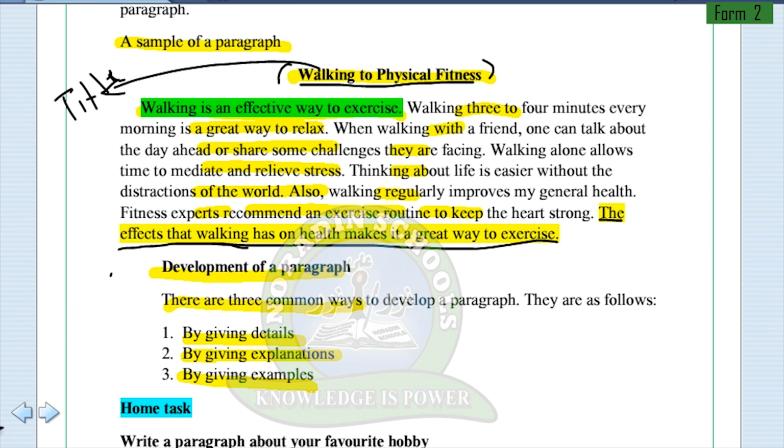By giving examples, what's an example first? An example can be anything, any incident, any person, any place that is related to your writing. For example, I'm writing something about education. I said, maybe you have seen so many times, knowledge is power. How is knowledge power? Or, an educated person is better than an uneducated one. Then we say that, for example,